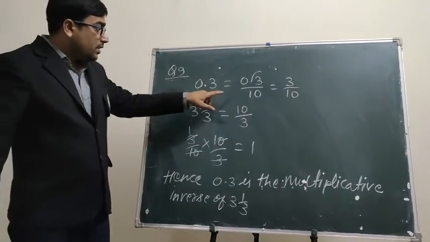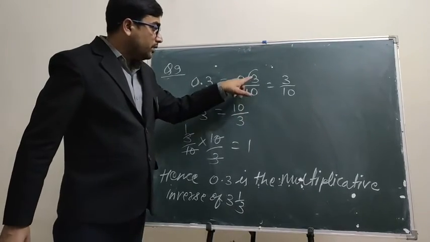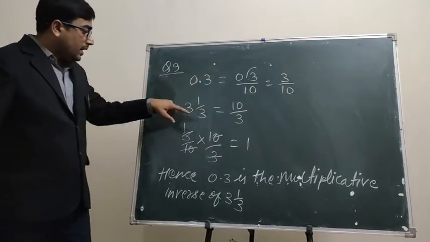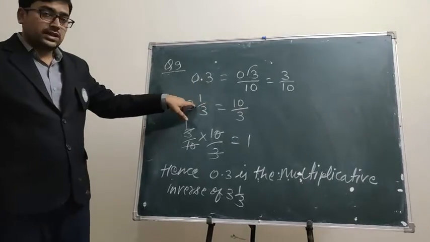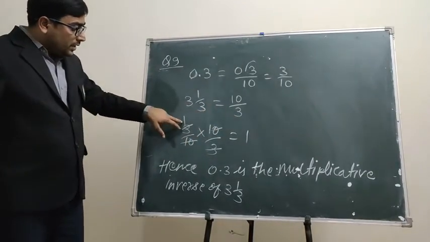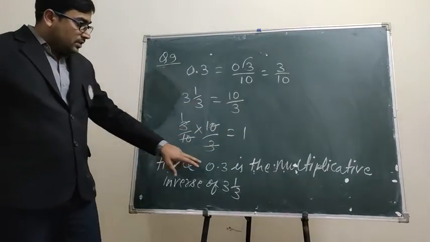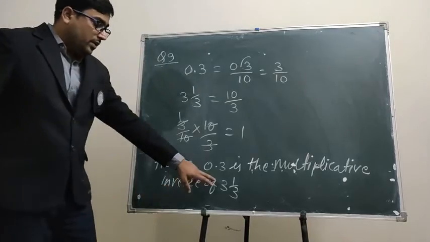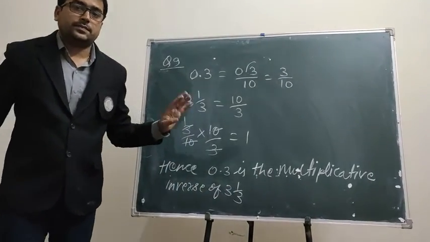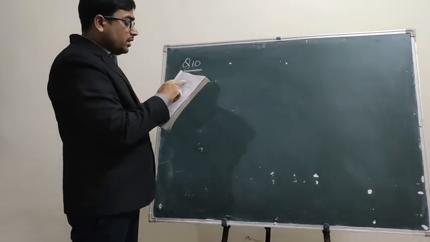Yes, because 0.3 after removing the decimal is 3 by 10, and this mixed fraction changes into 10 by 3 as an improper fraction. 3 by 10 multiplied with 10 by 3 gives 1. Hence 0.3 is the multiplicative inverse of 3 whole 1 by 3. Question 10. Write the rational number that